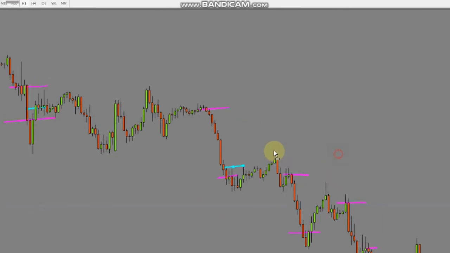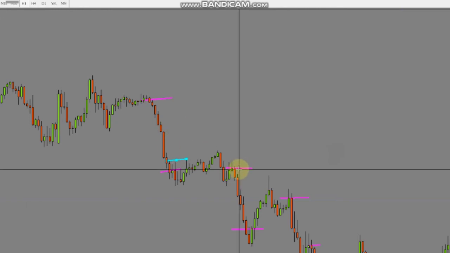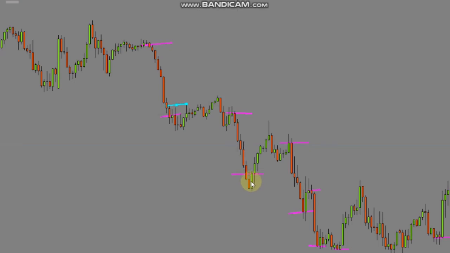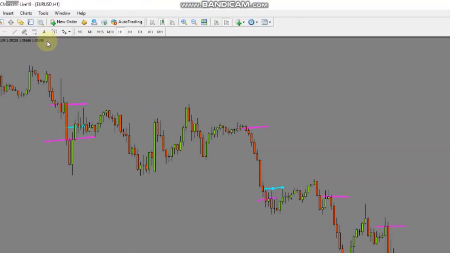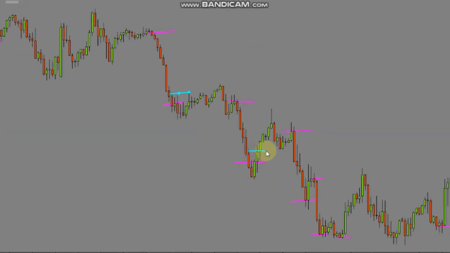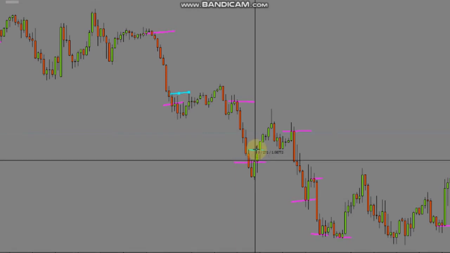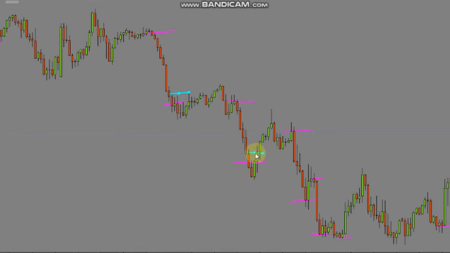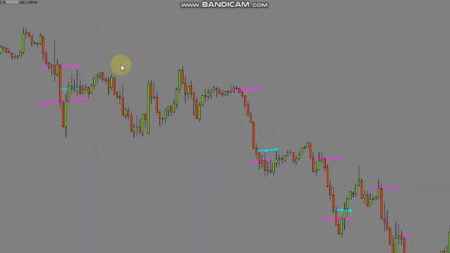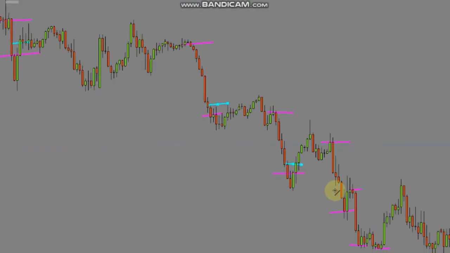Then you also get another sell impulse. This one was 186 pips. Then we enter when the next opposite candle forms, and boom, somewhere around there, if I'm not wrong, 20 pips. Then we also get another signal here. You can see there's another impulse all the way up to 170 pips. We enter at the next candle,